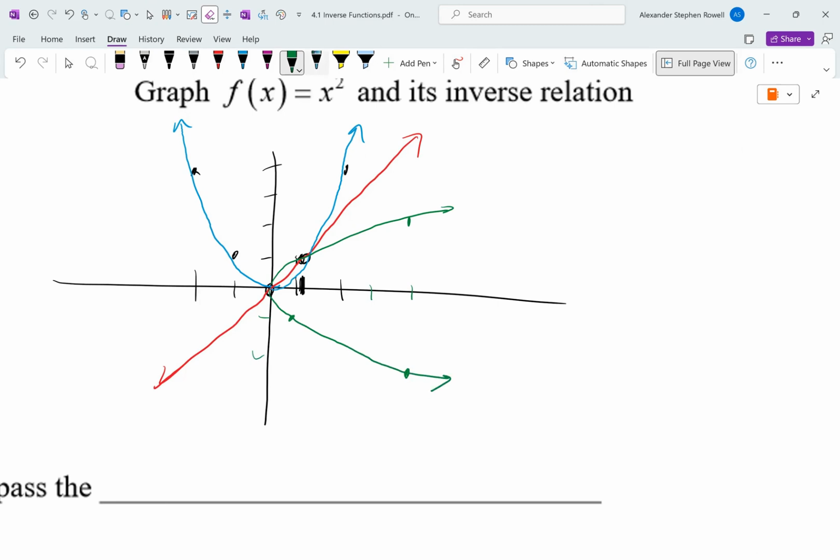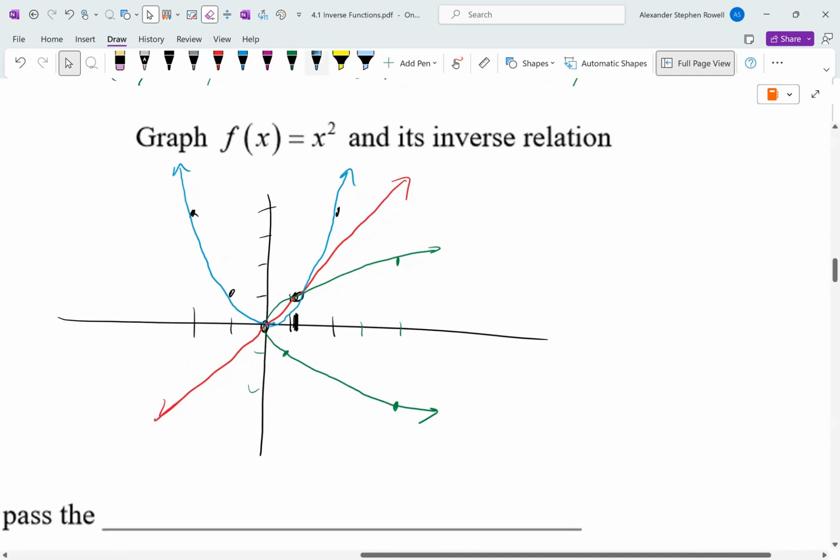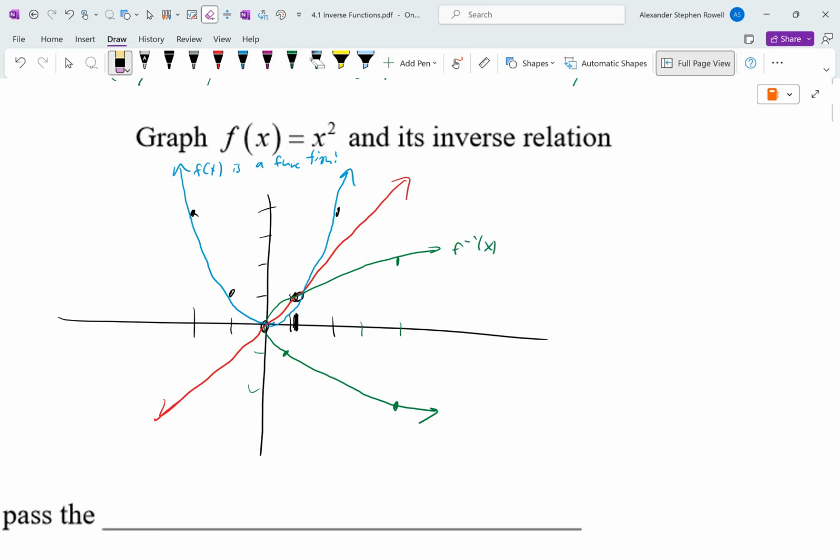This is something you should remember. Vertical things flipped become horizontal. Horizontal things flipped will become vertical. Okay. Y equals x squared. This is f of x. Is it a function? It is a function, right? Because it passes the vertical line test. What about the inverse? Is f inverse of x a function? It is not a function because it fails